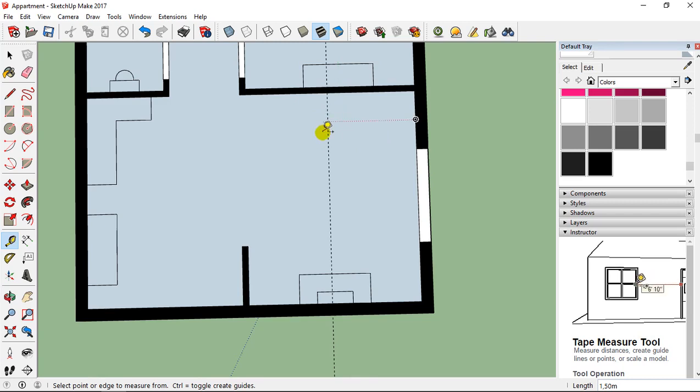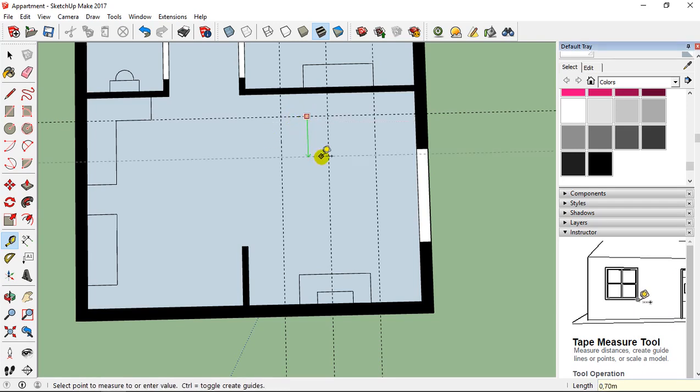And then I'm going to add a guide on the right at, for example, 80 centimeter, and also on the left 80 centimeter, like this. Then I add another guide here at 40 centimeter and another guide here at 50 centimeter. Or maybe a little bit more.